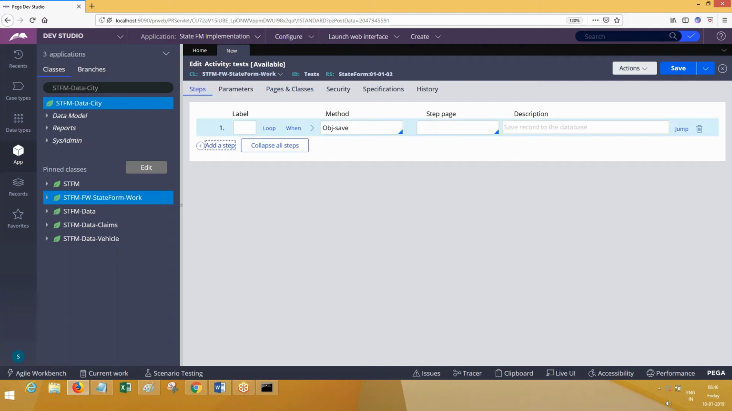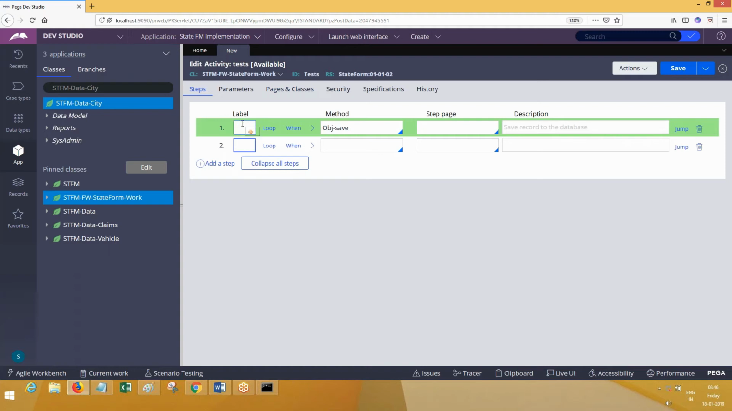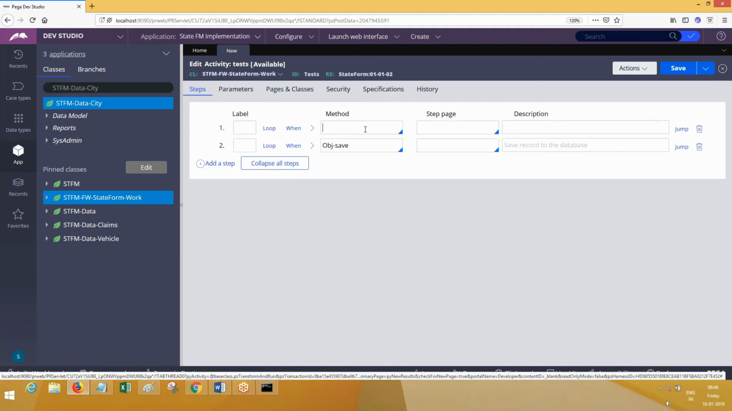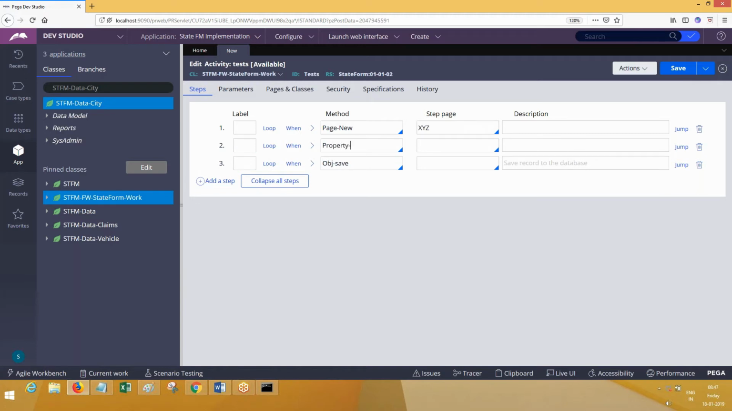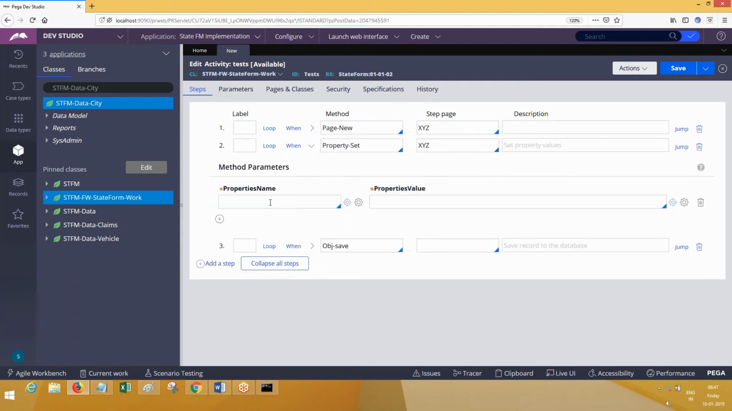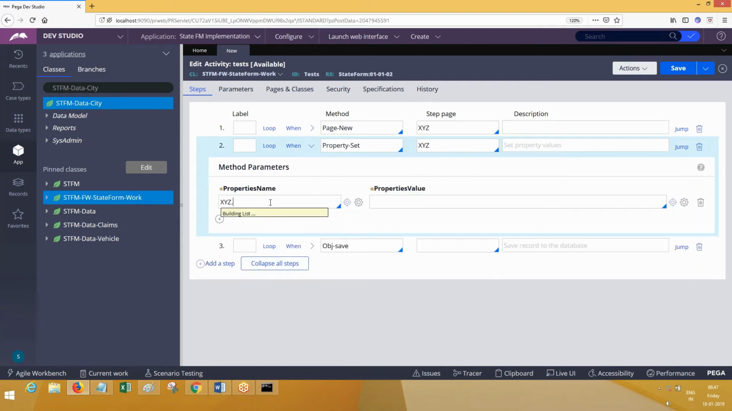I'll come here and add a new step. First I'll make sure that this page is created. What is the method to create a page? Page new, and in the step page you have to choose that page XYZ. The page will be created, an empty page. This page will refer to the data customer class. After this, I have to make sure that data is copied to this page. Property set XYZ, and I want to assign the data to the XYZ page. XYZ dot cust ID is equal to, what is the UI page? The work page, PY work page dot